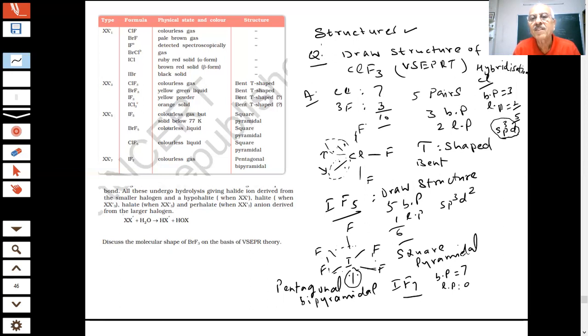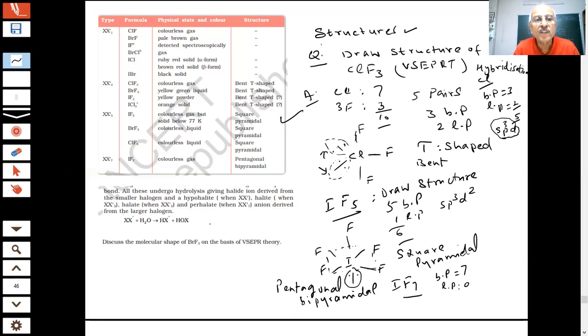So we can answer any question out of this. It is an important question, that is why it has been taken. One question is coming from this part. Whatever questions are coming, we have discussed them in a very clear way. We don't remember anything, we have to work it out, students. Either you calculate the hybridization or you use the valence shell electron pair repulsion theory. Makes no difference. The important point for us is that they will be undergoing hydrolysis and